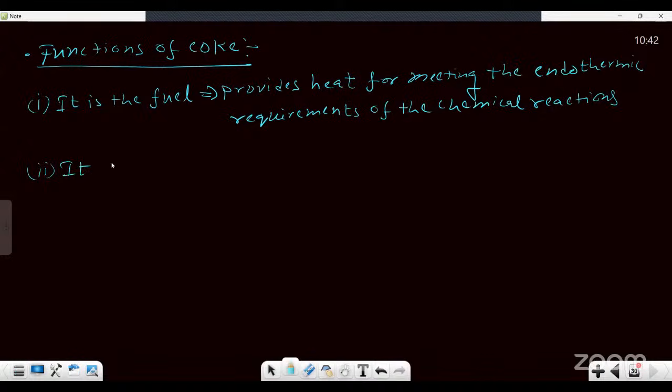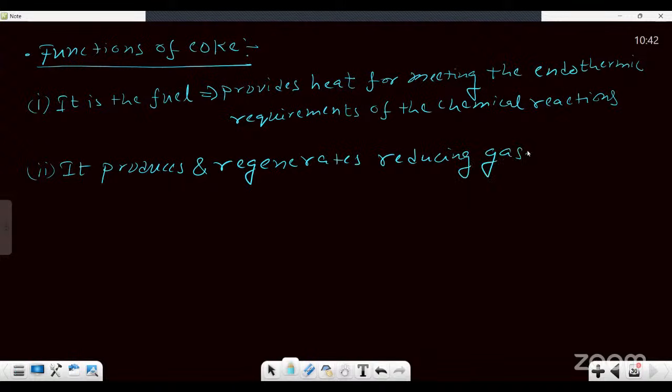So it produces and regenerates reducing gases like CO2, CO, and H2. Okay. Now,